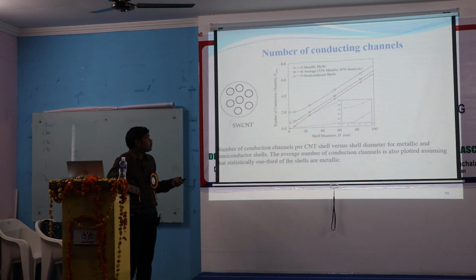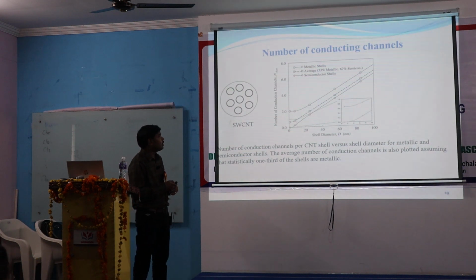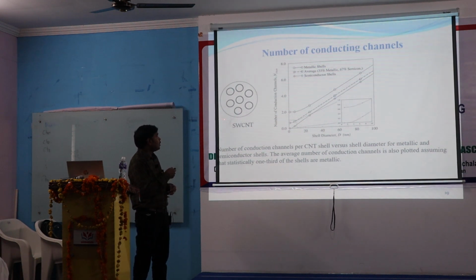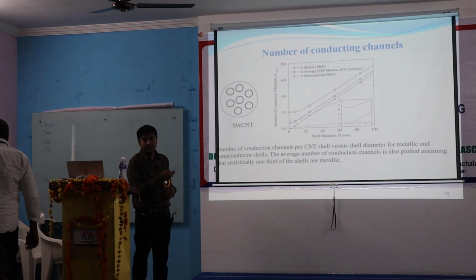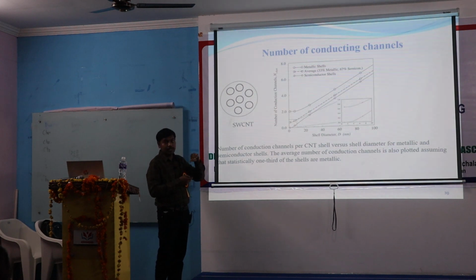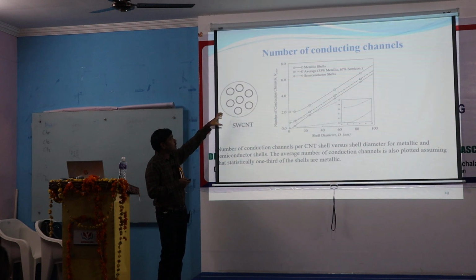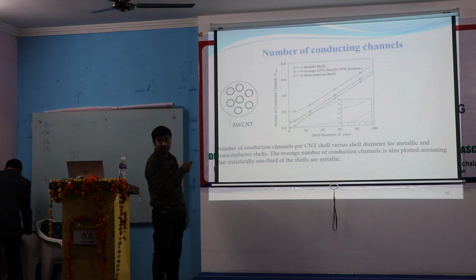So these technical aspects, I just briefly explain. I don't want to go in depth, right? If you take a structure like this, a combination of single wall CNTs, okay? It is just a cross-sectional view. Actually, what is happening? A tube is running into the board. In that tube, you have placed 7 CNTs, right?